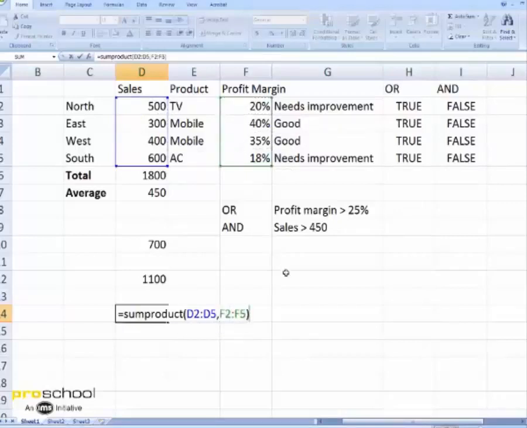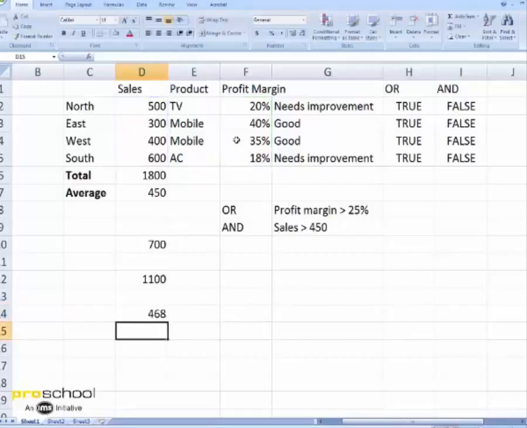I close this. So now what Excel is going to do is, you have given it two arrays, so it will multiply individual corresponding numbers, multiply them and sum them up. 468 is exactly the summation of 20 into 500 plus 40 into 300 plus 35% into 400 plus 18% into 600.